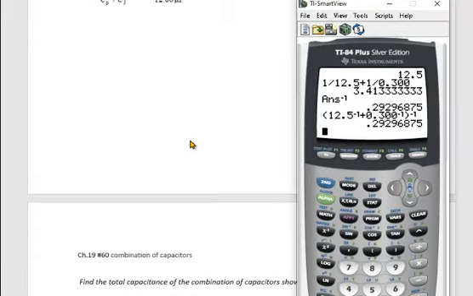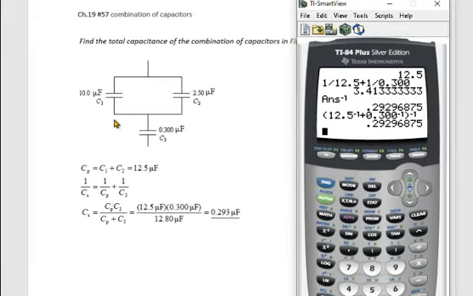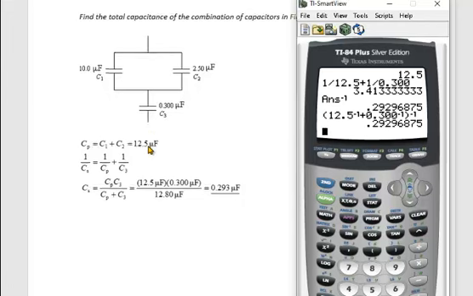Okay, so actually, let me go back. I did forget one thing. Here you have to decide on any of these circuits which ones are truly in parallel and which ones are truly in series. And the way to do that is by the junctions. There's a junction right here separating this capacitor from the other two here, and we can definitely see that these two are in parallel, and that's why we had to start with this one. So these two are in parallel, and then those two being in parallel, they're in series with this one. So the next problem here,